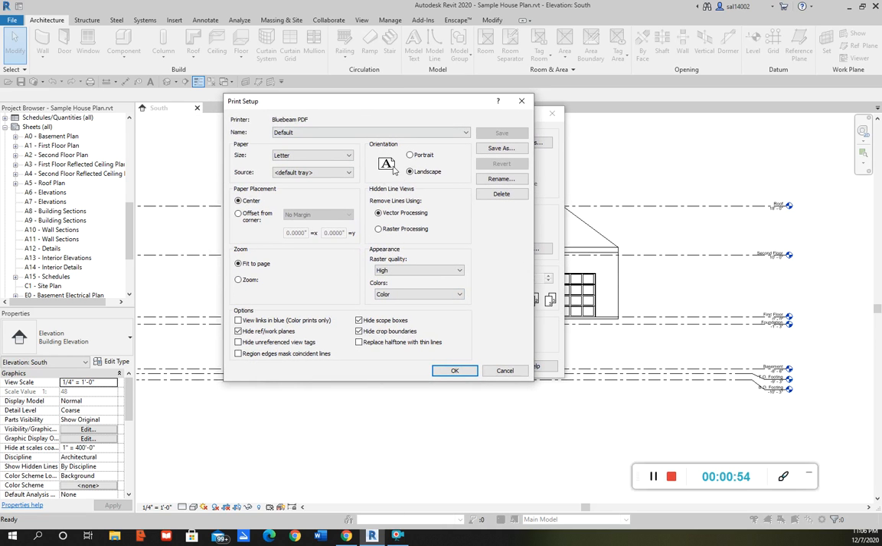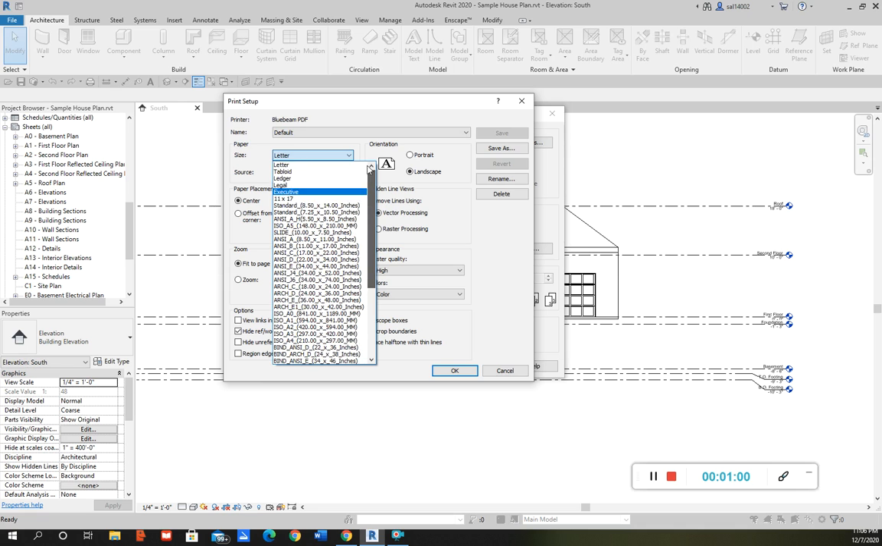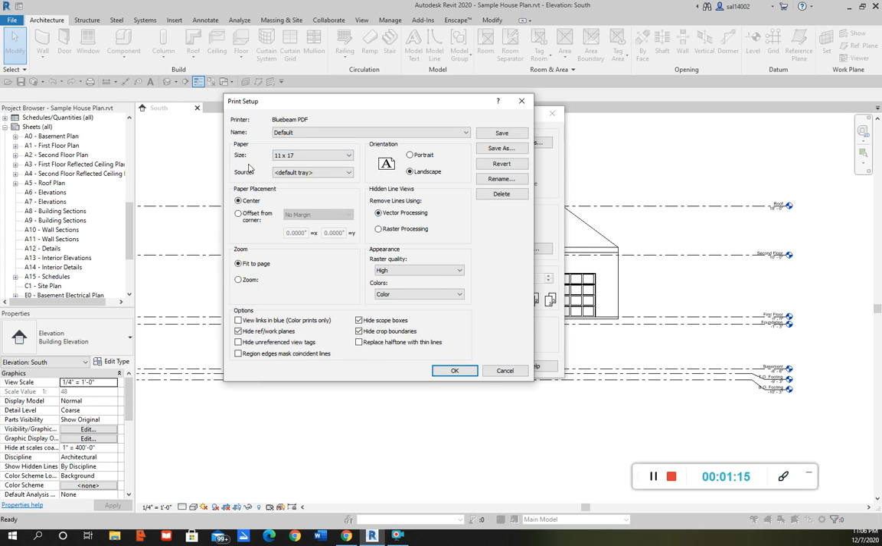and make sure the size is the correct size. So normally it's 11 by 17. If you don't have an 11 by 17 option, it is the tabloid option. That's 11 by 17 as well. I'm just going to go ahead and click 11 by 17, make sure it's landscape, and